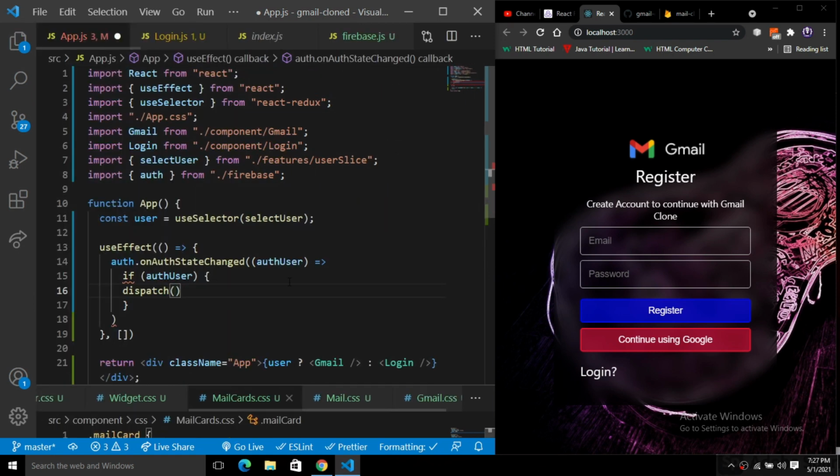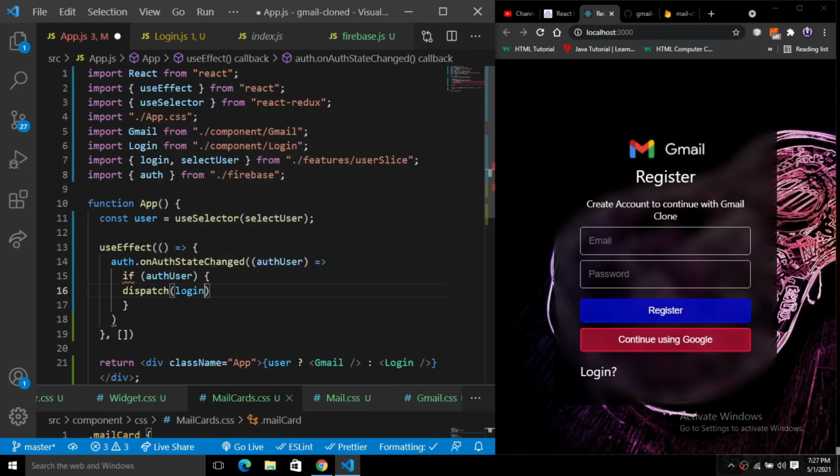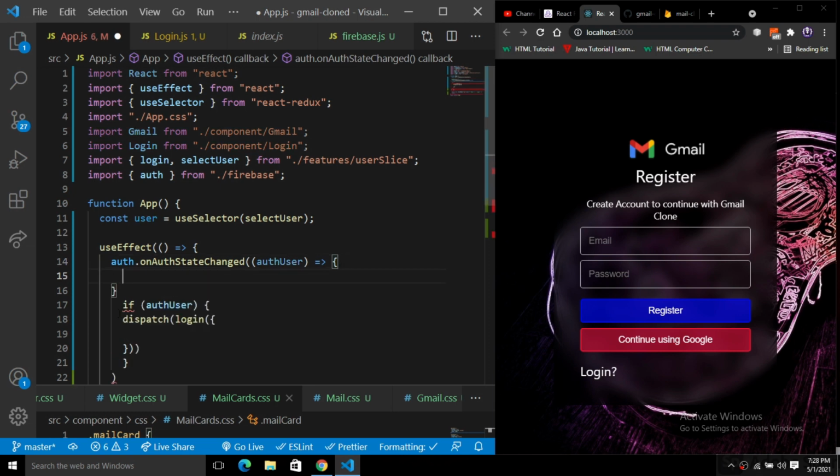This is the thing that we want to see here. So we have just simply dispatched the login. So basically import the login from the features user slice. Inside of this login we just simply dispatch everything. So here what we will get, the information there, we will simply dispatch it, right? Here we have to simply put the curly braces there, and inside of these curly braces put all of this. Right now we are done with this. So we have dispatch. Dispatch is assigned.